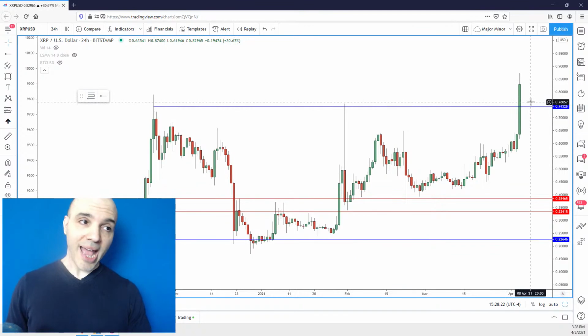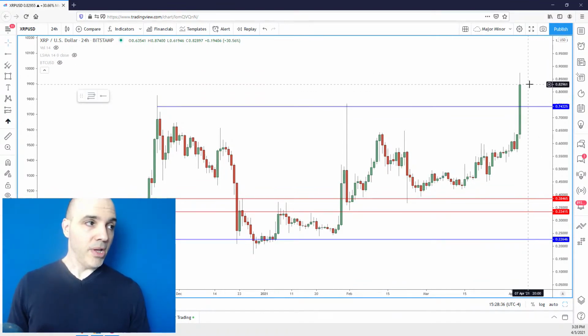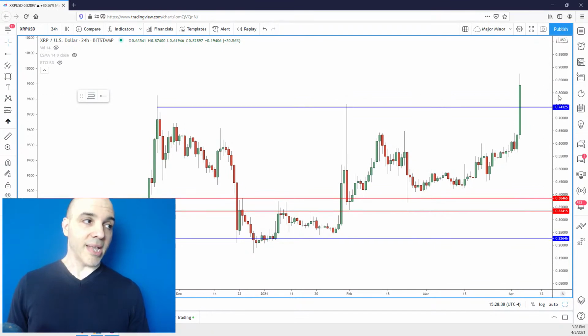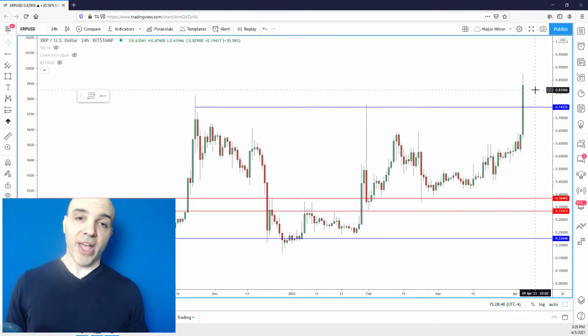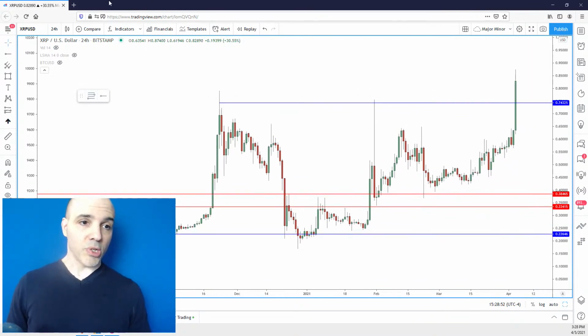Now, besides that, though, there's no sell signal. So this is a situation where you have to let it run until a sell signal develops. I mean, that would be the effective thing to do. A sell signal can develop when you may see a bearish pin bar or some kind of inside bar, and then it takes out the low. At that point, that would be a sign to probably reduce more of your exposure, or maybe get out of the entire position if you're so inclined to do that. But right now, this is not a place to buy. This is a place to reduce risk or lock in profit.